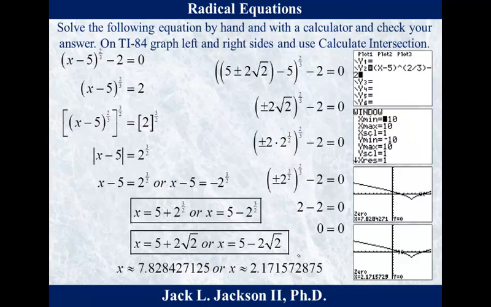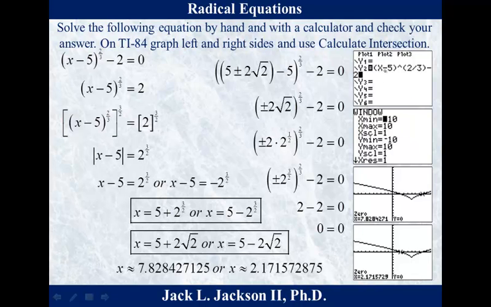And 0 equals 0, so it checks. Now, again, to see that there are two answers, we can graph it as well and figure out those answers, at least approximate answers, from the graph. Since I have 0 on one side, we're not going to do a calc intersect like it says here, but we're going to do a calc 0. So we're going to graph y2 this time, the left side, and that'll be the only thing we graph,